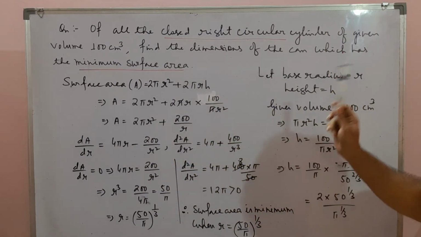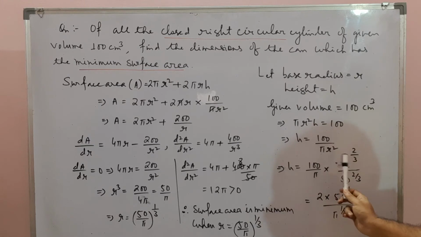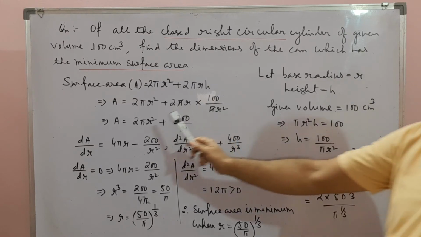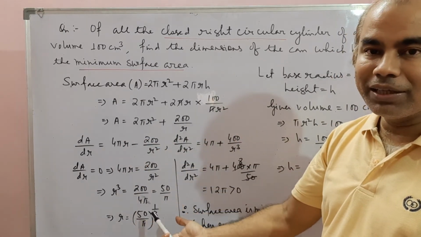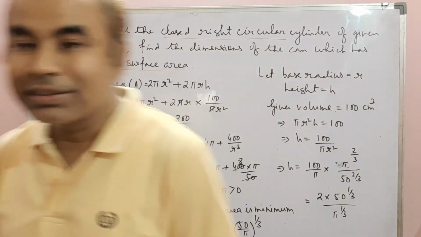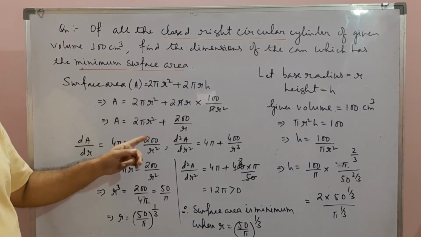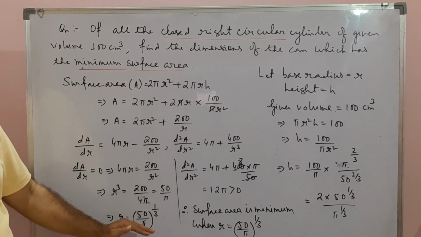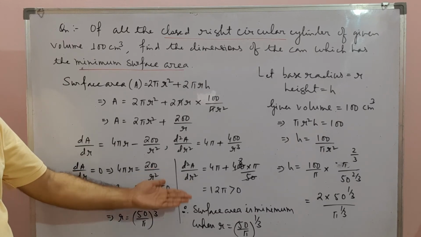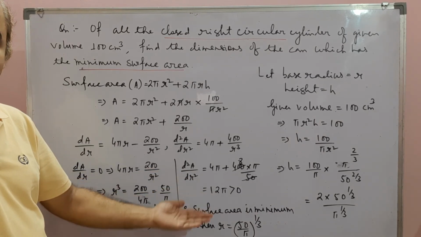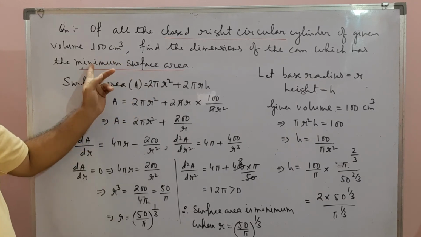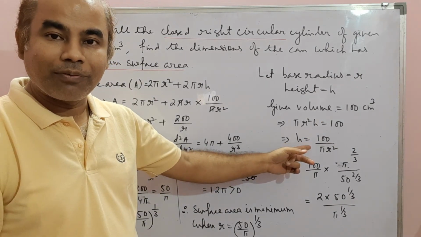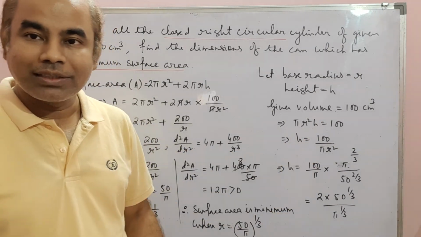This condition is here. Volume is 100 centimeter cube. From this we write h in terms of r and put it here, so that it becomes a function of r only. And next steps, as usual, you just find the first order derivative, second order derivative of your function surface area with respect to the variable r. Take first order derivative equal to 0, find r. For that r, you see whether second order derivative is positive or negative. Here in this example, positive. So the function surface area is minimum, and the condition is also that minimum surface area. Then you find h, putting the value of r here, and your problem is solved. Okay.